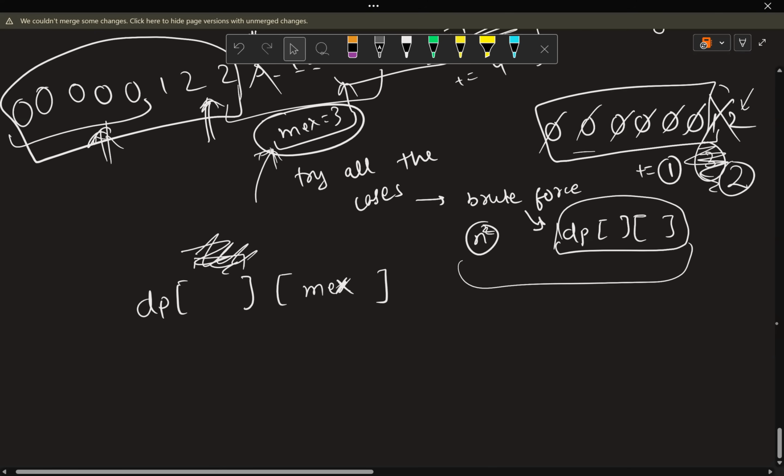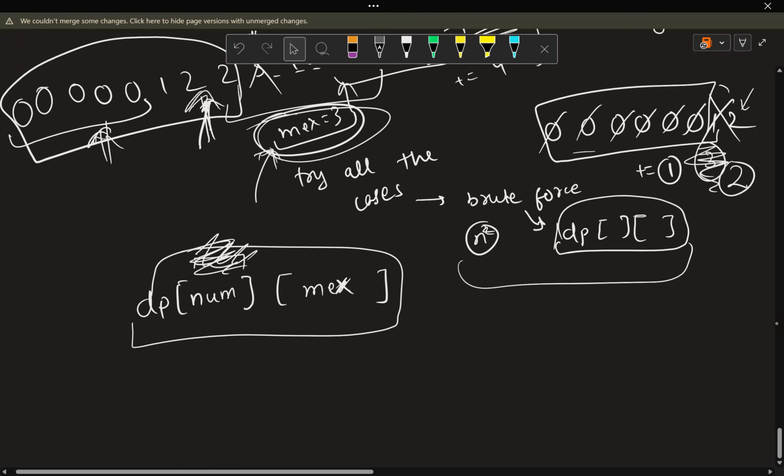But the thing is that at this point, you see that you do require MEX and you do require the element which you are trying to delete. The element, you can say it as the number which you are trying to delete. You do care about its value and the MEX right now. So as we discussed that you will be deleting all the values at once. It means that this dp of num